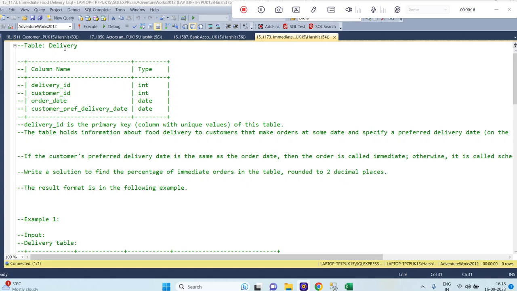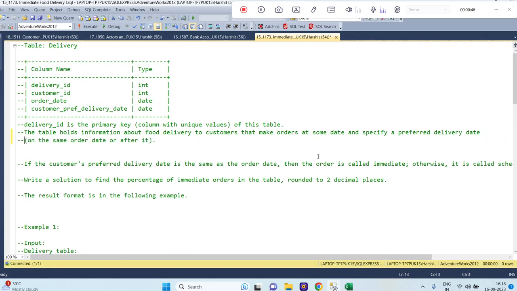So this is the first query. They have given us the delivery table, and in the delivery table they have given the delivery ID, customer ID, order date, and customer preference delivery date. Delivery ID is the primary key of this table. The table holds information about food delivery to customers that make an order at some date and specify a preferred delivery date